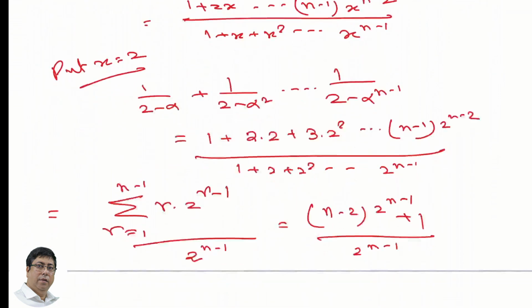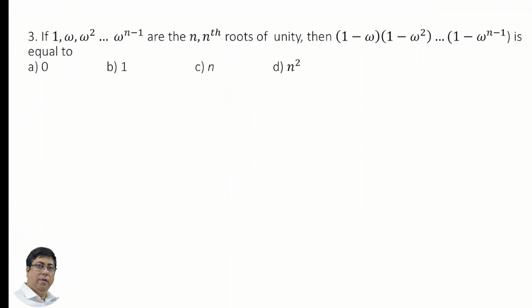Now, let's go to the third question. If 1, omega, omega square up to omega to the power n minus 1 are the nth roots of unity, then what is the value of 1 minus omega into 1 minus omega square up to 1 minus omega to the power n minus 1? So we are writing here that x minus omega into x minus omega square up to x minus omega to the power n minus 1